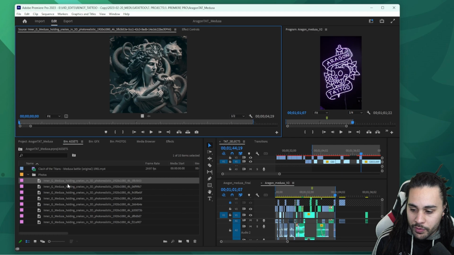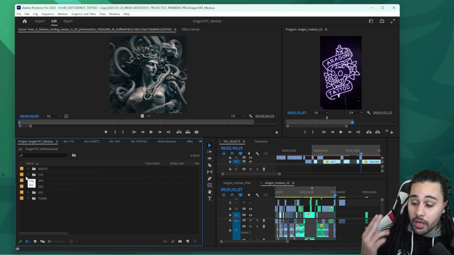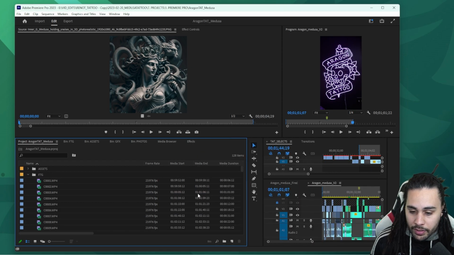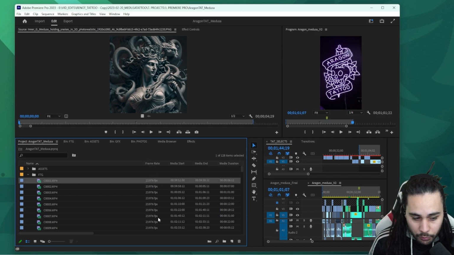And there's also some photos I actually created using AI that I then added into this folder as well. So now we've got our footage. And one thing I wanted to show you guys, it's a little bonus tip here, and I'm probably going to make a video about it later on, is how I actually do some color coding in order to help me visually when I'm editing. So for example here, if you look, we've got our frame rate,